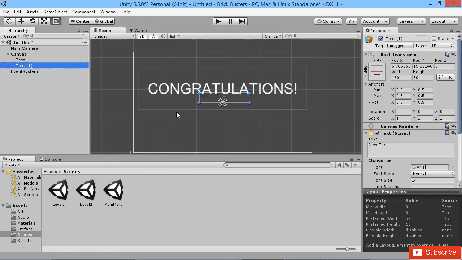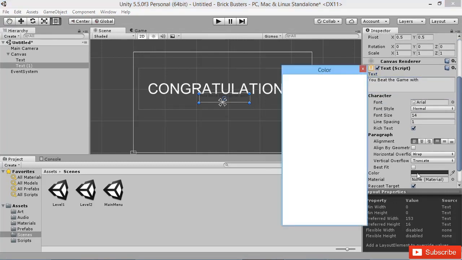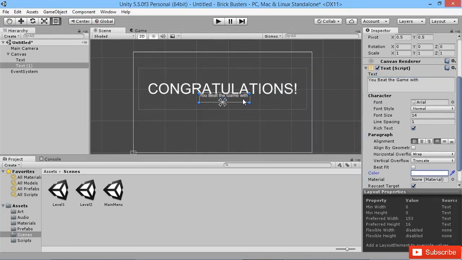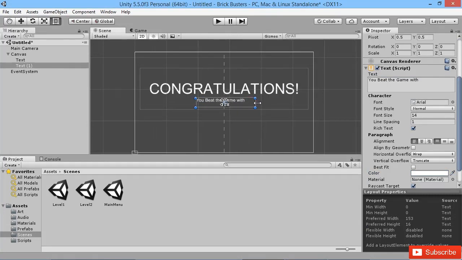And this bit of text is going to say, so we're saying congratulations to our player. And we want to let them know, hey, you've defeated our game and you also got a certain amount of points. So we're going to say here, congratulations, you beat the game with. We're going to change this so that it's white text, and we'll move it down a little bit to here. I'll make it a little bit bigger as well actually, and center it again. I'll make the font size a bit bigger. So, you beat the game with,